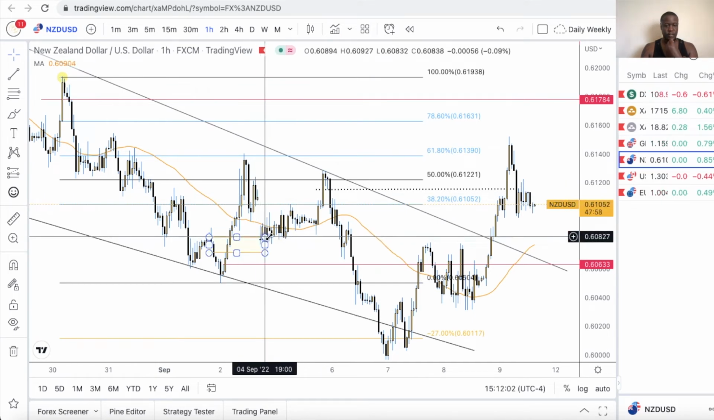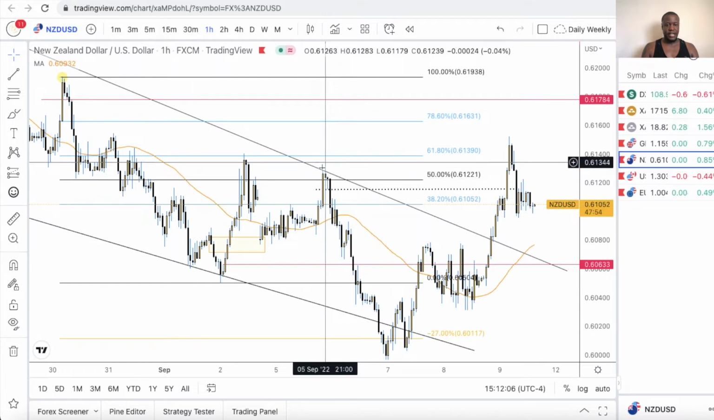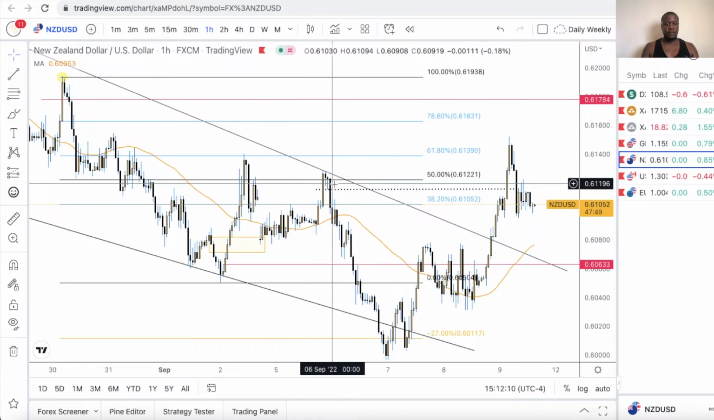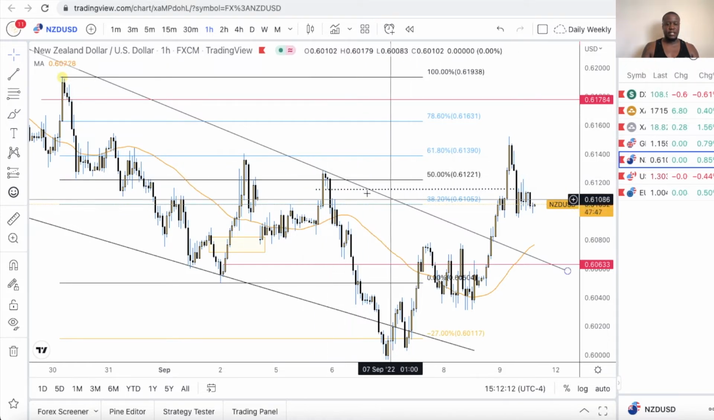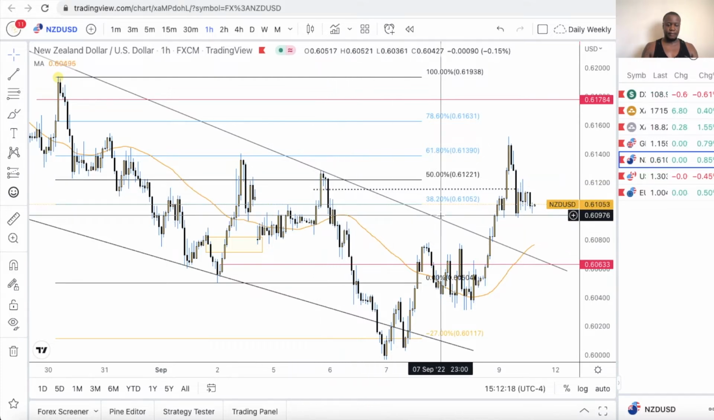So this week, what happened this week, price came back up and actually touched our 50 Fibonacci retracement level. I could have simply entered right there, but I did not enter right there. Another place I could have entered,